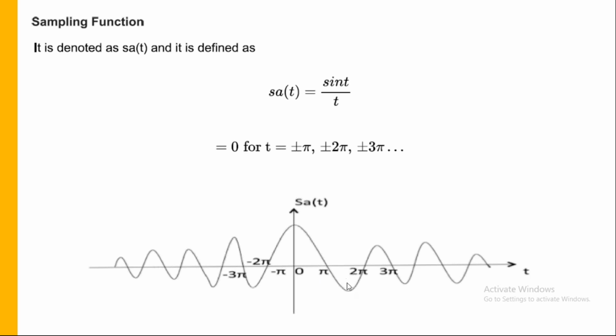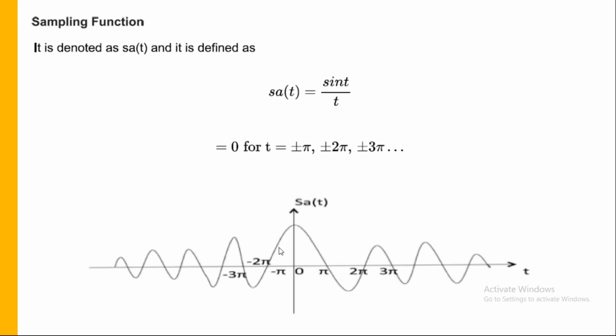That means you take 1.5 here. You take the average of these two. So that means 3 pi by 2, which is nothing but 1.5. Or you can take 3 pi by 2. Now you take the average of this, that is 5 pi by 2, which is 2.5. So like that, if you take all these values in between, as you go on observing it, the